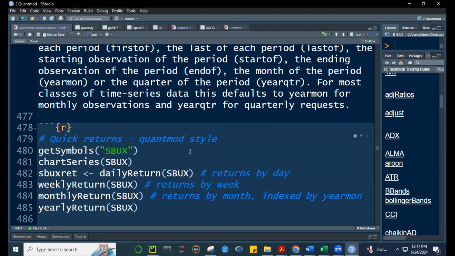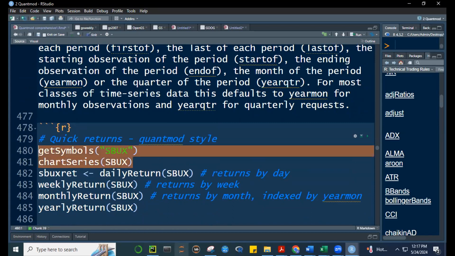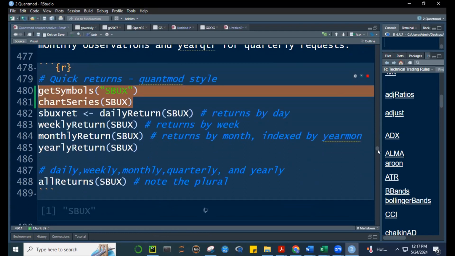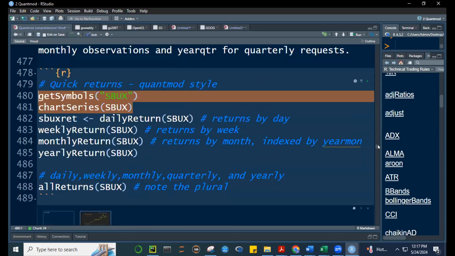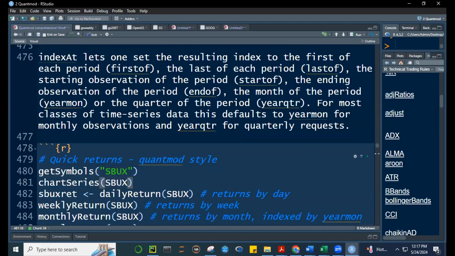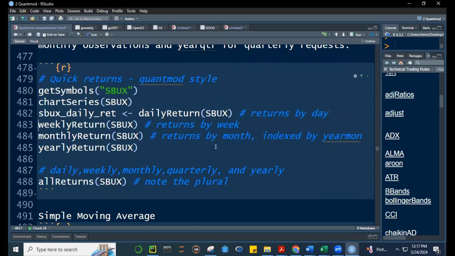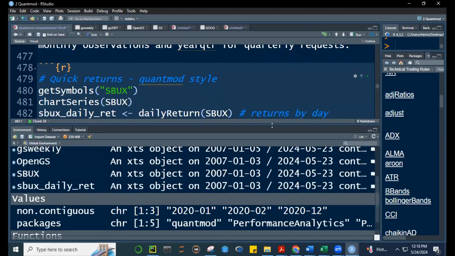Let's take a look at Starbucks. So kindly download Starbucks and plot natin. So we have Starbucks here. And then it's plot. Now let's compute for the returns. Now this is very important for us, class. Okay, so let me put here daily. I'm creating this object called Starbucks daily return, and I'm using the function daily return of Starbucks. If I run this, we now have this object here, sbox daily return. If I print that,